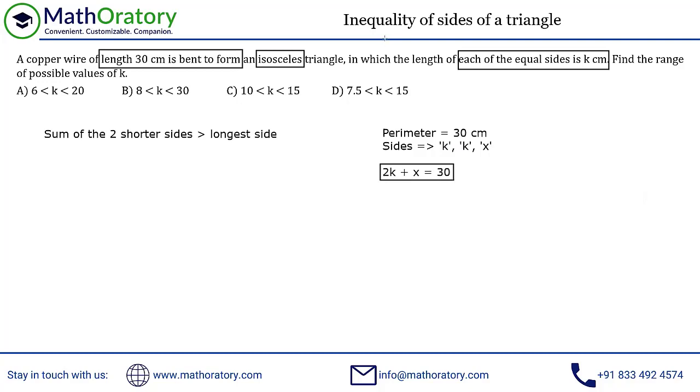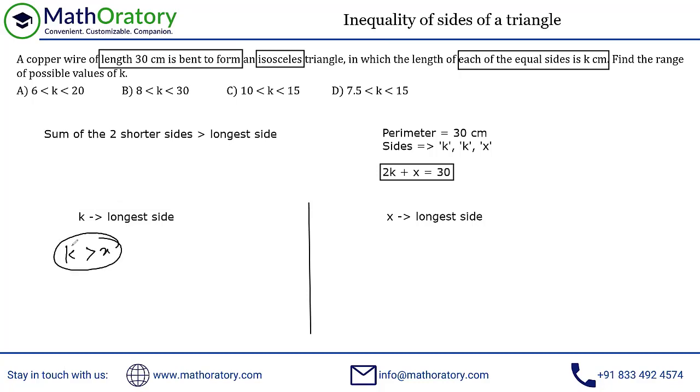And let us take the two cases that I was talking about. So there are a couple of cases to consider out here. One case being k is the longest side, and the other case being x is the longest side. So these are the two cases we have to consider in this particular scenario. If I consider k to be the longest side, now we have definitely k greater than x because a couple of k's are anyhow equal. So the only thing that makes sense out here is k is greater than x, right? We could have k equal to x. So I'll just consider that case here itself. So I'll just take this as k greater than or equal to x.